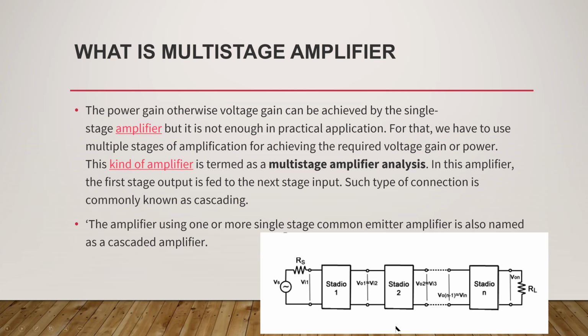Okay, you can see in this diagram, I'm using an N-stage multi-stage amplifier. The input is applied at the base of the first transistor in the first stage, and output is taken across the last stage output. In between there are intermediate outputs, but those intermediate outputs again act as the input to the corresponding next stages of the amplifier. They are not available externally as outputs. They are only intermediate outputs which are fed as input to the next stages. This is about the multi-stage amplifier.